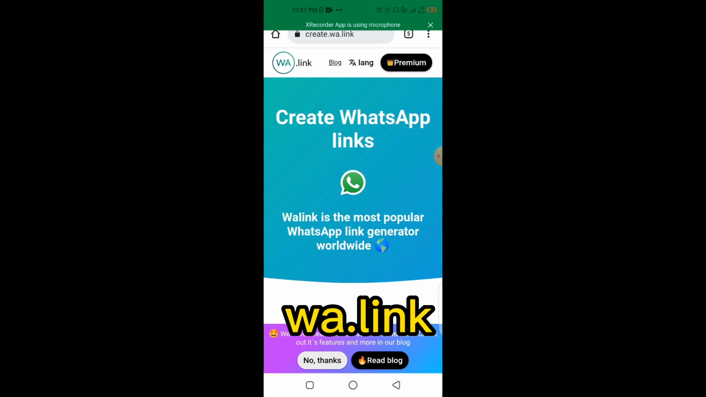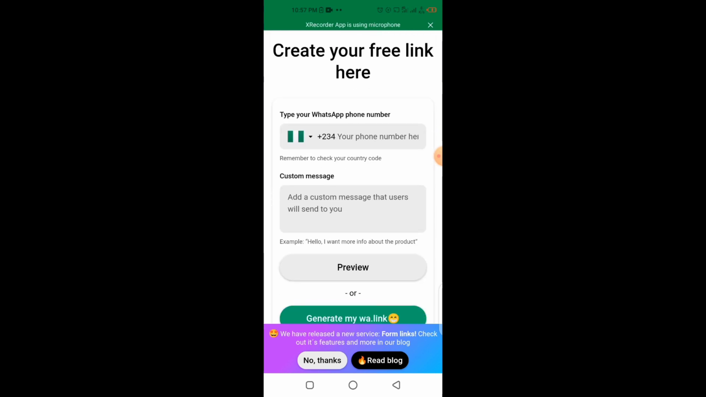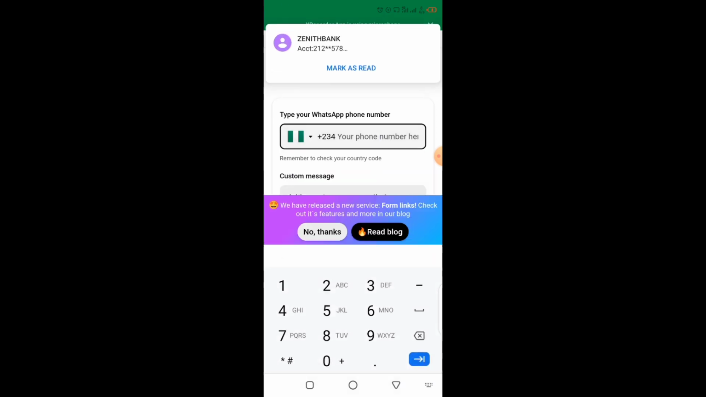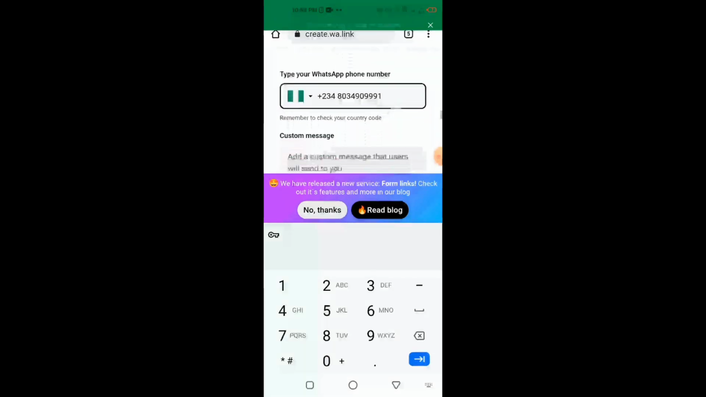WA.LINK. That's WA link. Okay, so you just go for the free one and then put the phone number you are trying to use. All right, just put the phone number. Now you can use any link, okay, but a WhatsApp link is good so that people can come to your page. You can use your Facebook link, you can use your Instagram link, whichever link you want, and this one